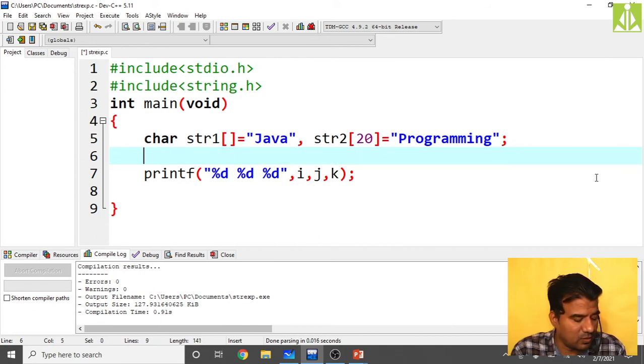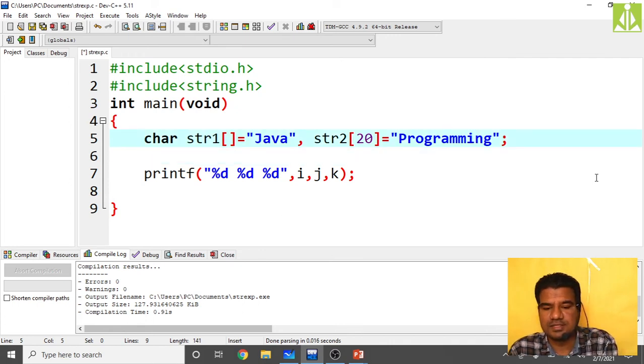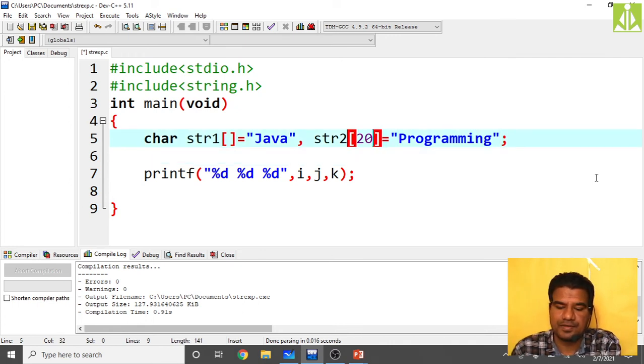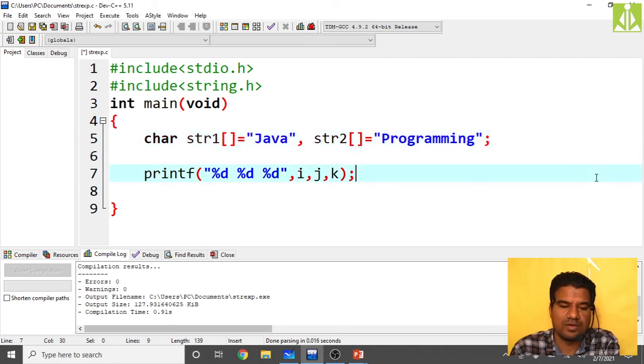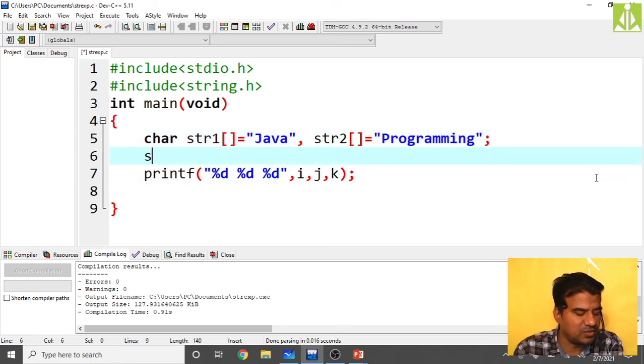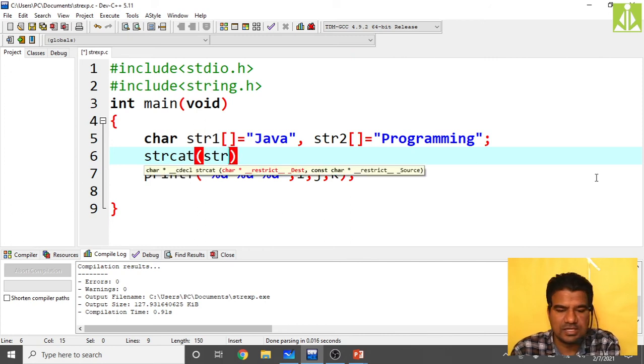Here what I will do, basic string concatenation: string 1 we have, string 2 we have. Here no need of taking this size. So now I'm expecting to copy using strcat of str1 comma str2.